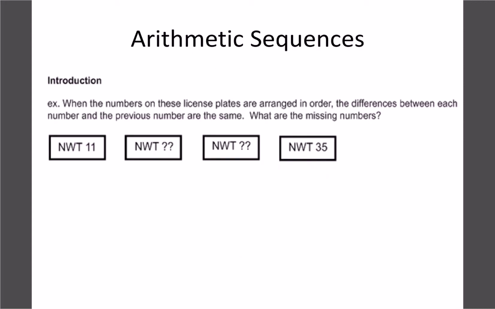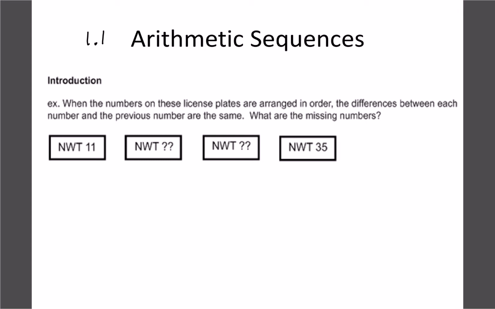So we're going to start with arithmetic sequences. This is our first topic, Unit 1, Topic 1. All of my lessons will be numbered like that, so you can keep track of them a little bit easier. What we're going to do is look at what a sequence is. Here we've got some license plates, and you can see the first one starts at 11, then we have a couple of unknowns,